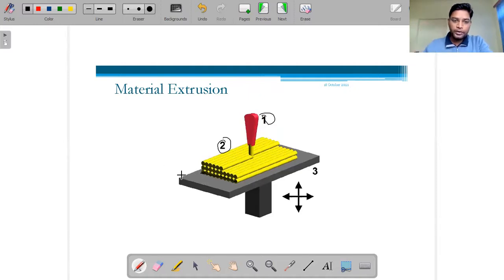First we deposit this one, then the nozzle comes here and deposits again. Like this we deposit the first layer, then the nozzle comes and deposits the second layer, and so on. The liquid material is released from the nozzle and immediately fuses and solidifies.